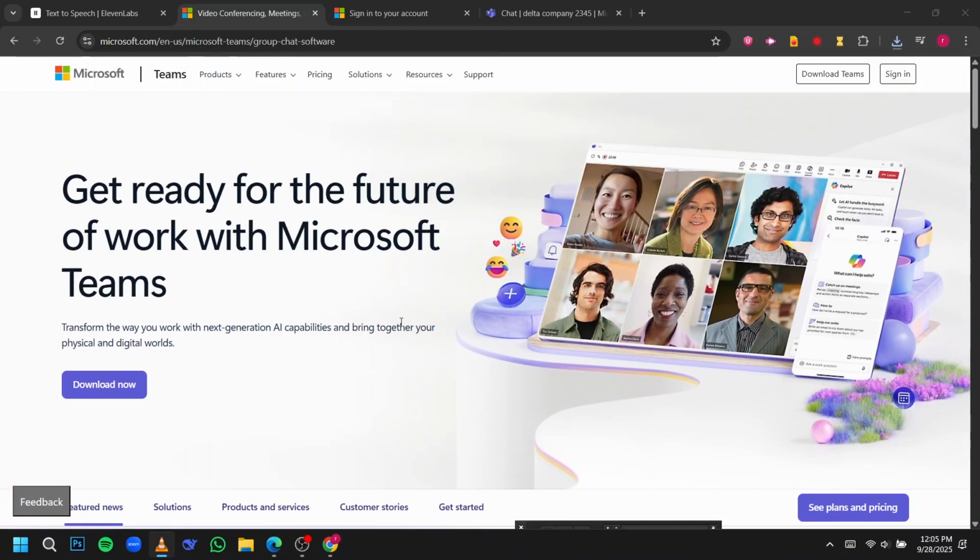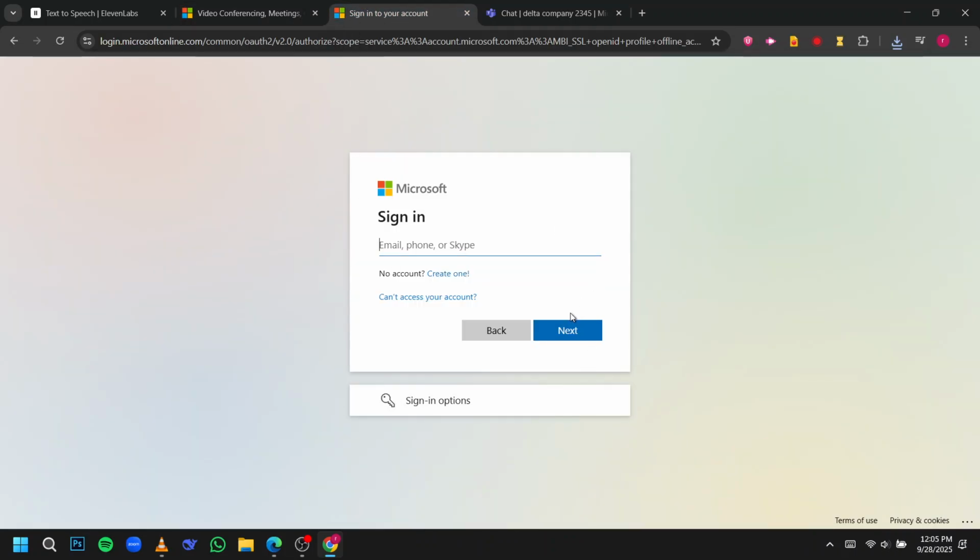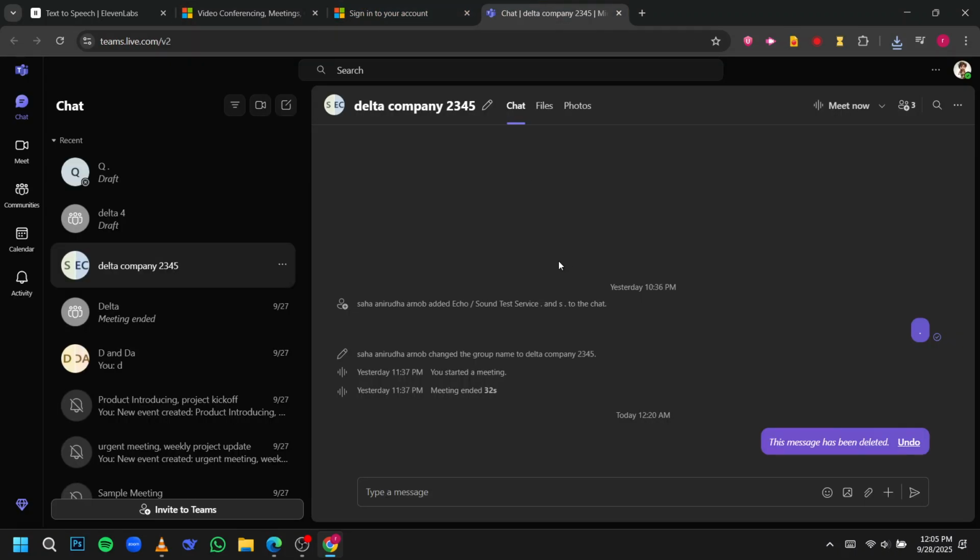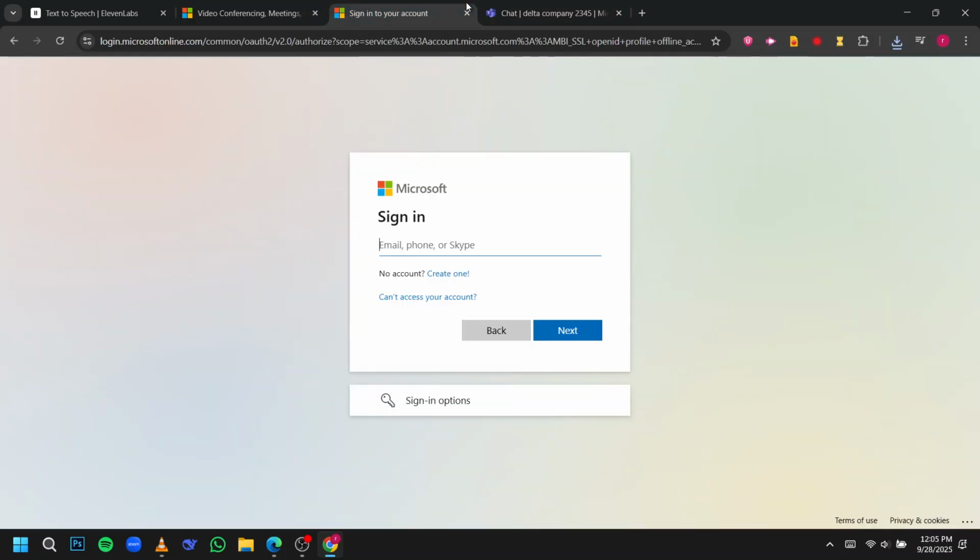First, make sure you're signed into Microsoft Teams. If you haven't already, open your browser, head over to the Microsoft Teams website, and log in with your email and password. Once you're signed in, you'll land on the Teams interface, the central hub where you can collaborate, chat,